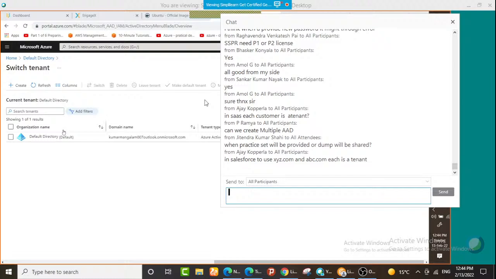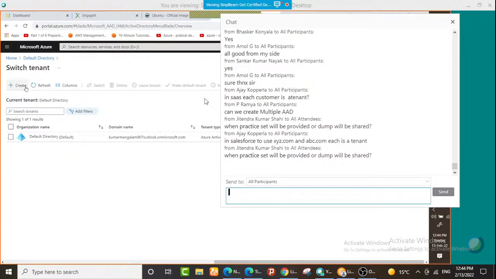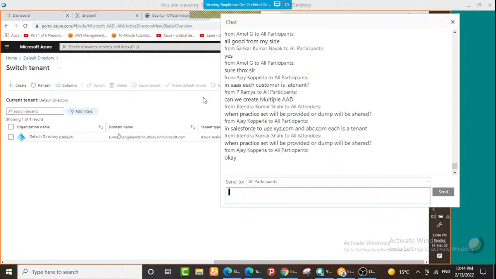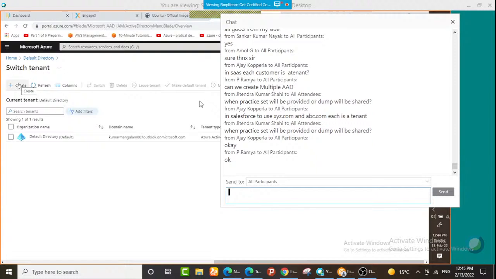Now here we can create a new tenant. We already have one tenant, which has been provided by Microsoft Azure, but we can buy one more tenant in our Azure Active Directory. If you click here, you can actually use one more tenant. You can tell Azure I need one more tenant, but normally it is very rare that companies will go for that, because it will create more confusion